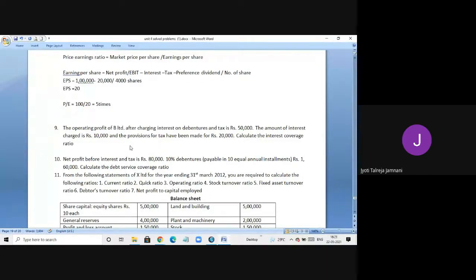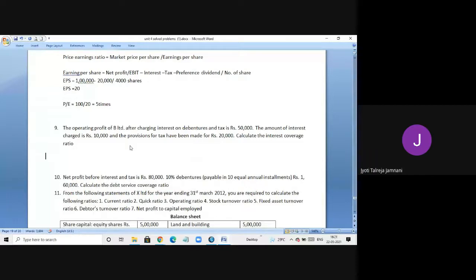The next question, they are asking you to find the interest coverage ratio. Now, what is interest coverage ratio? We are trying to find out how much are we earning so that we can pay our interest fully. So this ratio tells us that out of your earnings, how many times you will be able to pay your interest. So suppose I have to pay 10,000 rupees interest and my earnings are 1 lakh rupees. So I can say that I can pay interest 10 times out of my earnings, because I have 1 lakh earnings, which is 10 times more than what my interest is. So my interest coverage ratio can be 10 times.